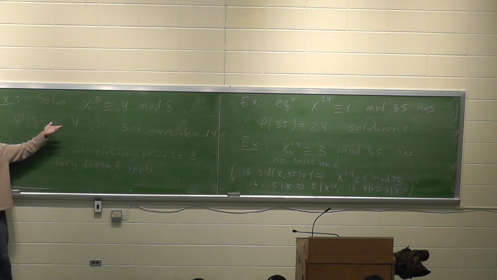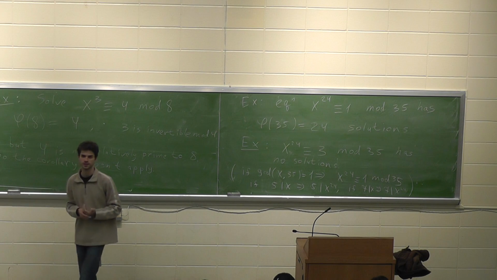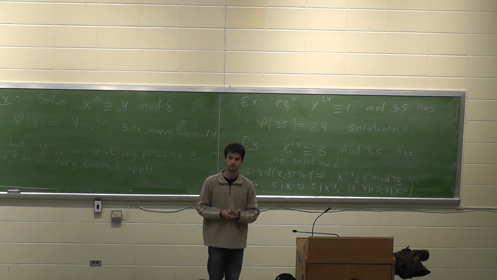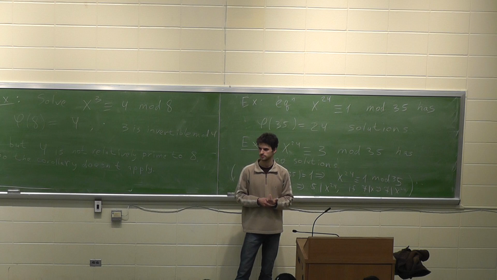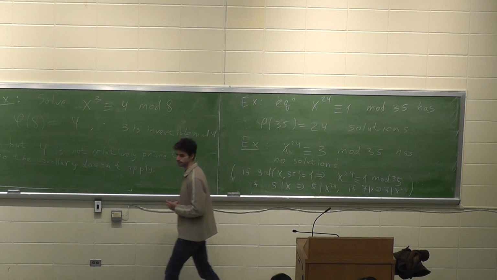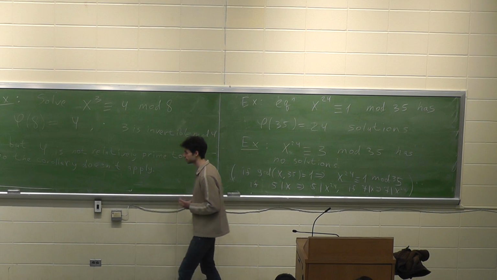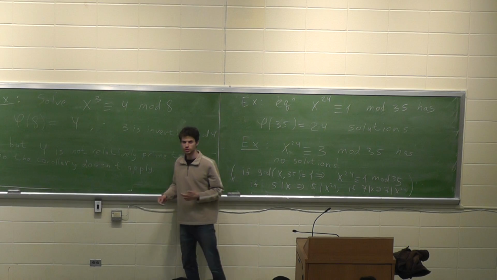Moreover, this equation actually doesn't have any solutions. Maybe somebody sees some simple reason why it doesn't. If x is even, this cannot be 4. If x is odd, then the left side will be odd. Well, right there. So indeed, if you know that x cubed is equal to 4 modulo 8, it means